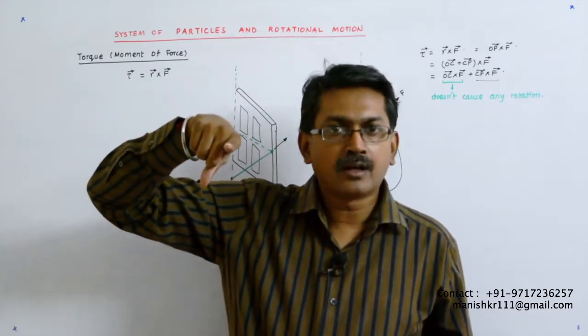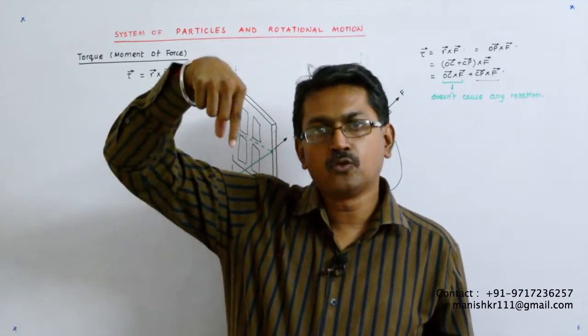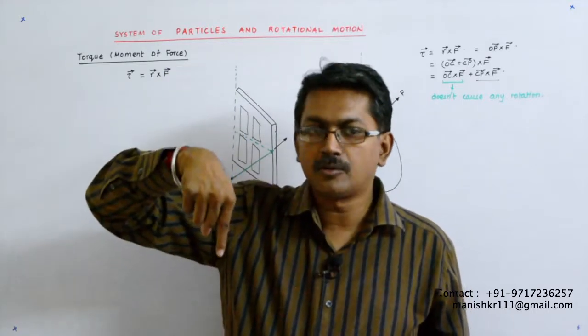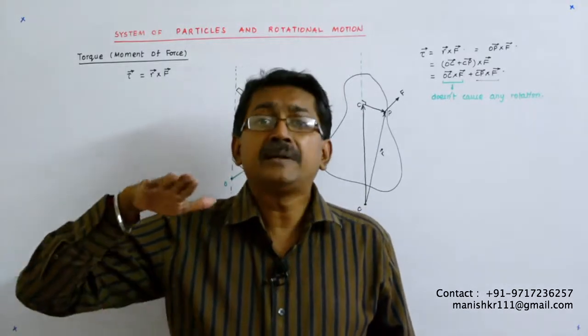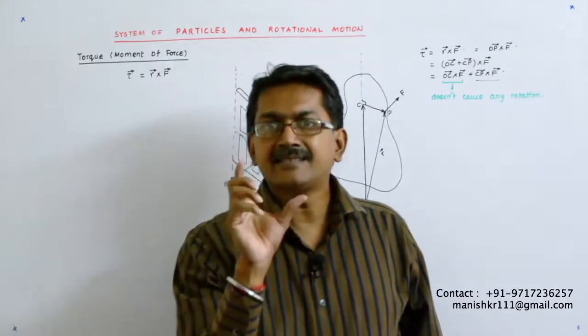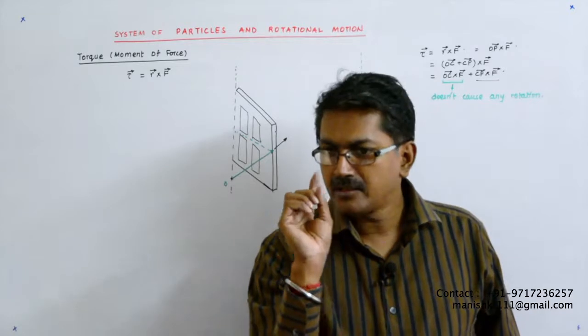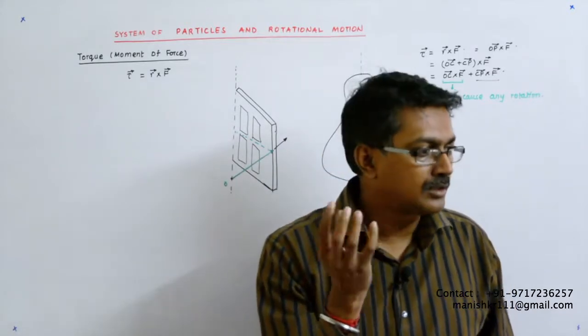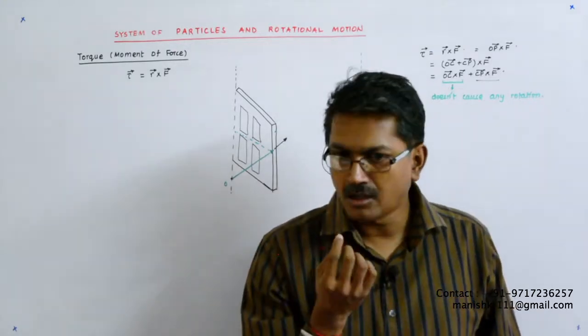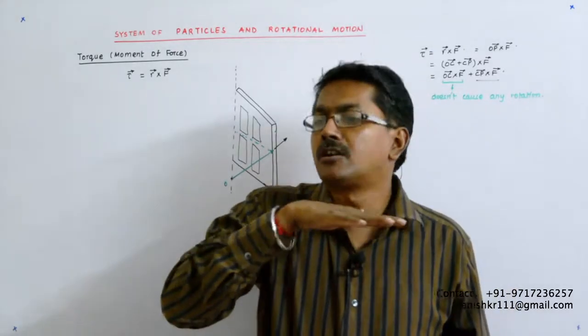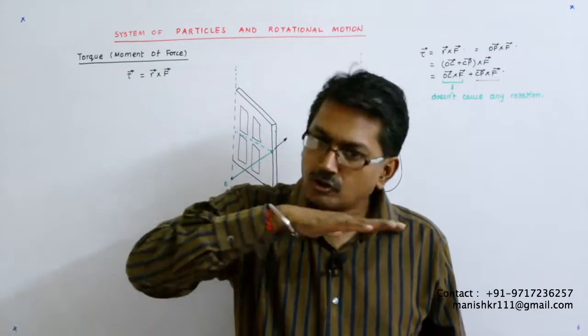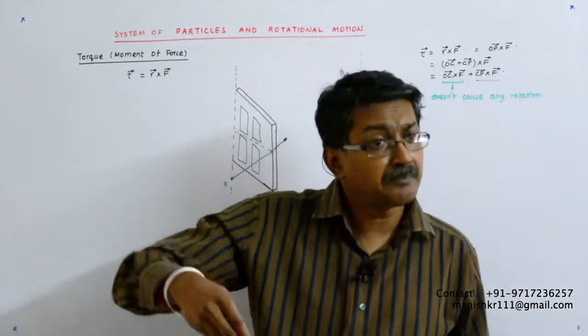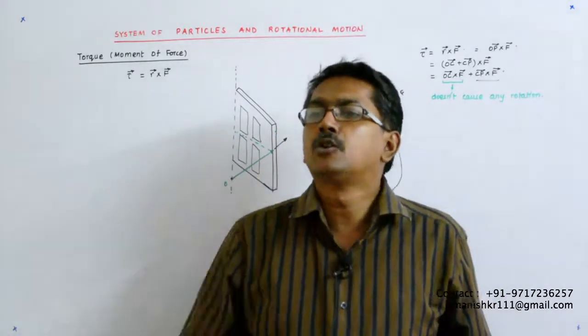So you were applying a force that had no horizontal component. And what do I mean by horizontal component? You take a point and rotate it, so it will trace out a ring. The plane of the ring is the horizontal plane I am talking about. So the force has to lie in that. Only the forces which lie in the plane of that will be able to